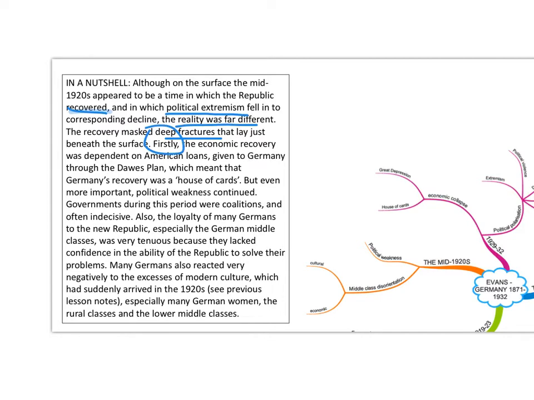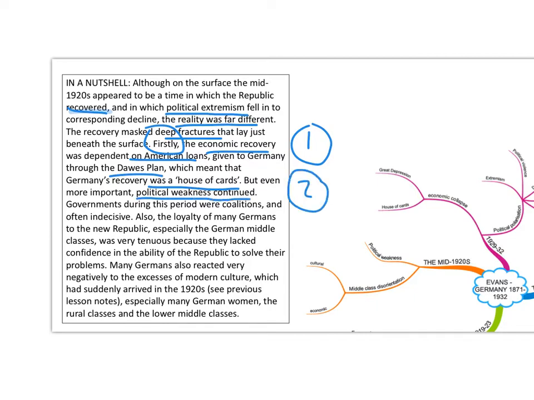One, the economic recovery, so that's the first one, was, as you know, dependent on American loans, the Dawes Plan. So really, Germany was like a house of cards. It appeared as if it was rebuilding itself, but as soon as that money was pulled out, and it was pulled out in 1929 with the Wall Street crash, the whole house collapsed. But secondly,